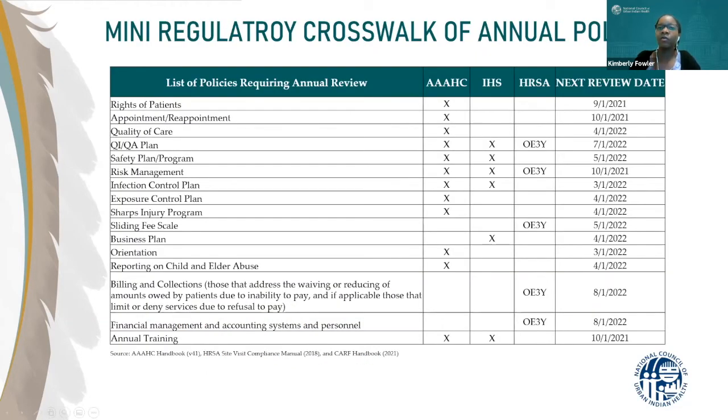So this table actually identifies which AAAHC, IHS, and HRSA policies require an annual review. You can see here in the first column, it shares what the policies are, and then as identified by the X mark, you can see where those lie at for the different regulatory bodies. Please note that this is not inclusive of all policies, and there are some non-policy documents that might require